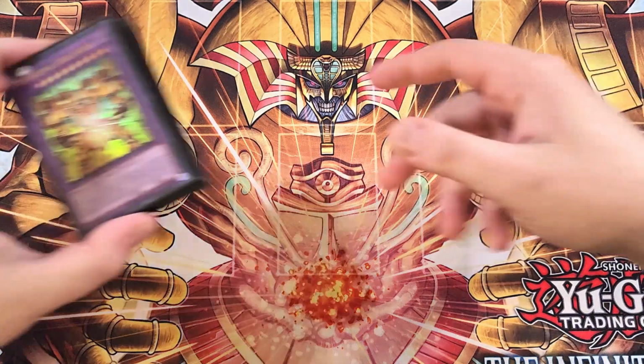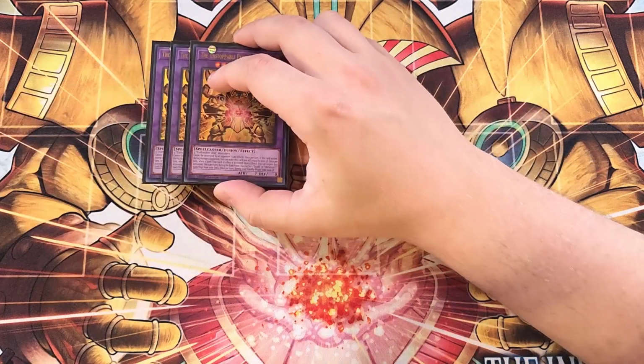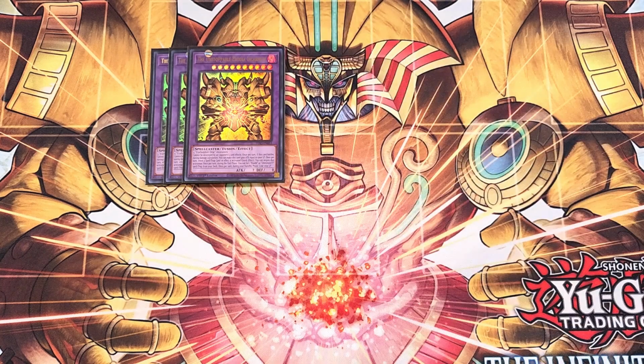So for the extra deck, we're going to start off with 3 copies of the Unstoppable Exodia Incarnate. Fun fact, the reason that this card is actually called the Unstoppable Exodia is because this deck has no pathetic cards, Kaiba, but it does contain the Unstoppable Exodia. So this card is really good and our main boss monster of the deck, and actually requires 5 Forbidden 1